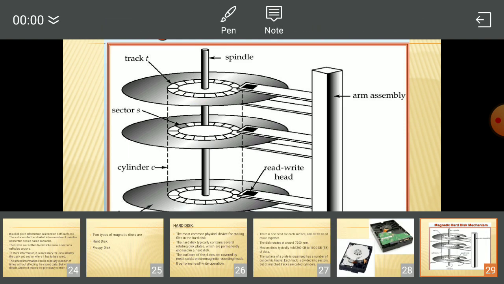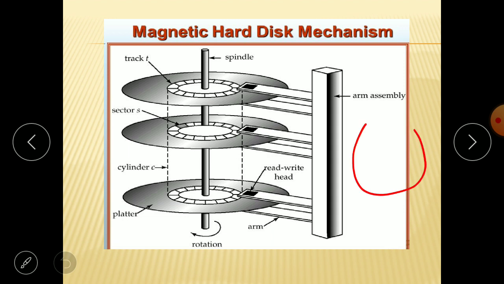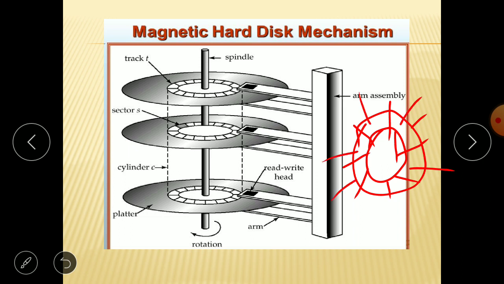Then I'll draw the diagram one more time. This is one circle, this is another circle. These are the two tracks. Okay. I'll divide these into different sectors. Now if you want to know where the data is stored, you must know the track number. This is the first track, this is the second track. This is the first sector, second sector, third, fourth, fifth, sixth and seventh. If suppose the data is stored here, then you must know it is stored in the second track and the first sector. Like this it should be known.